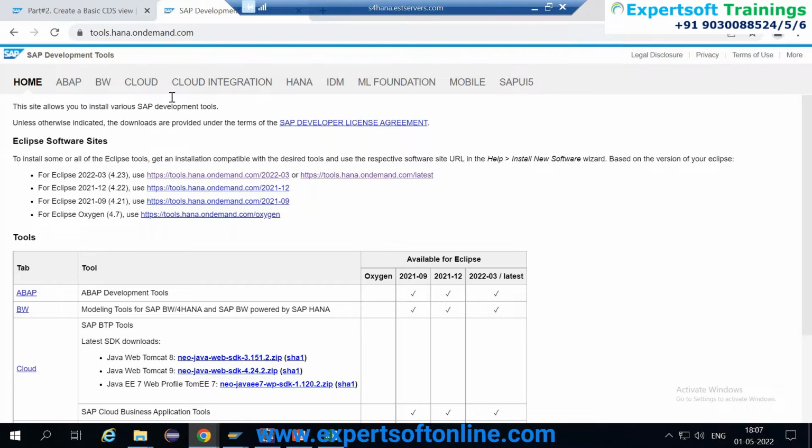This is the SAP standard way. You can see they are recommending using Eclipse. If you have some other tool, let me know, I will try; I have to do some R&D. But if you have learned through Eclipse, I guarantee you, 90% of the time you will find Eclipse.